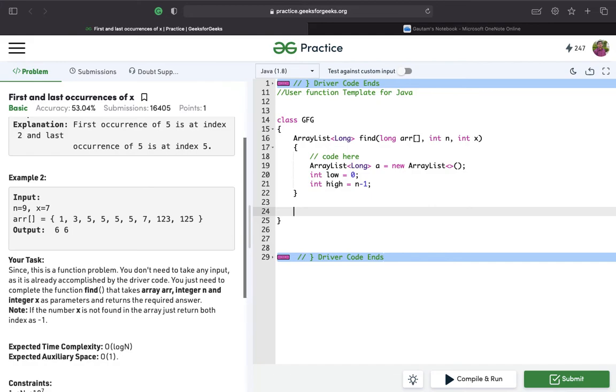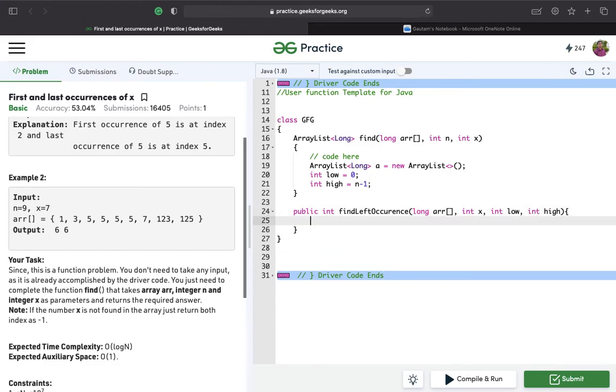So first of all, let's create this function and name it find left occurrence. The arguments of this function will be the array itself, the target element, and the low and the high, as usual in any binary search algorithm.